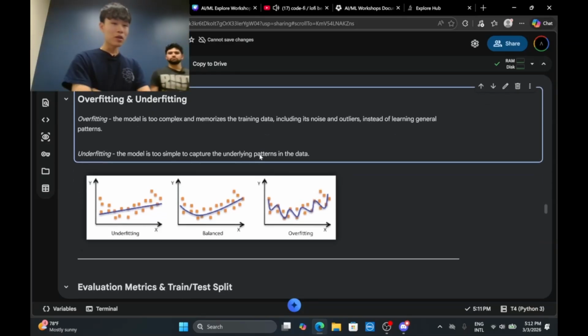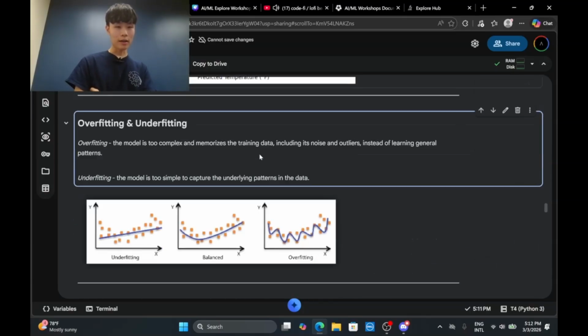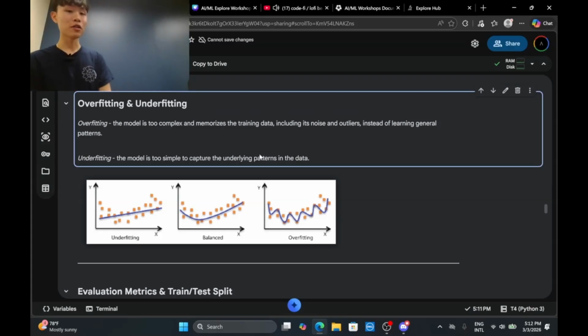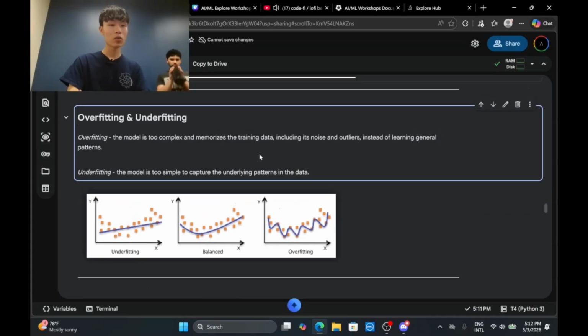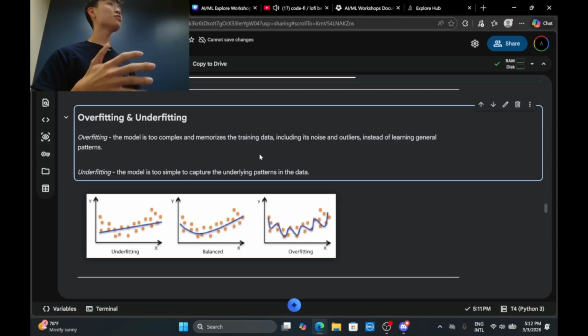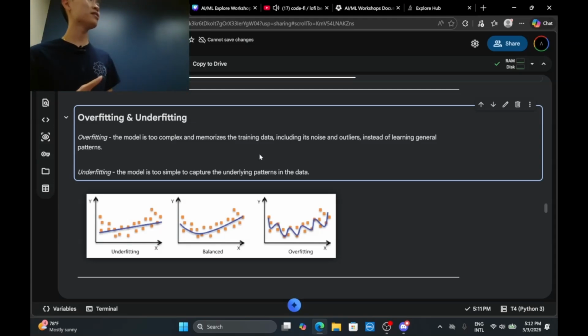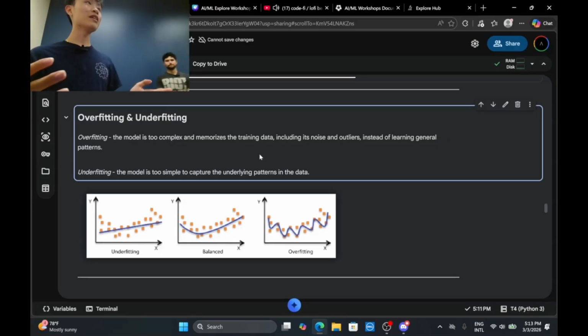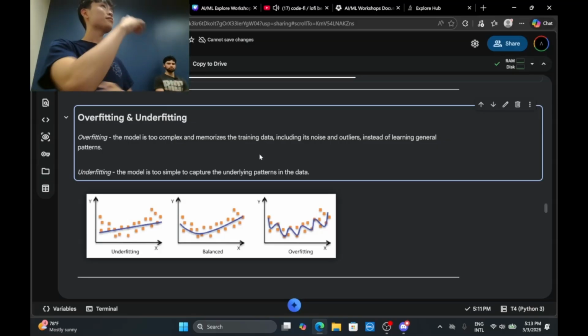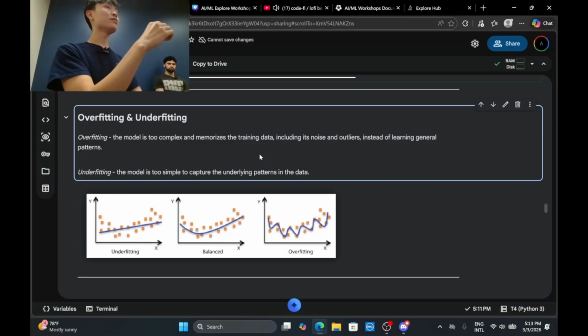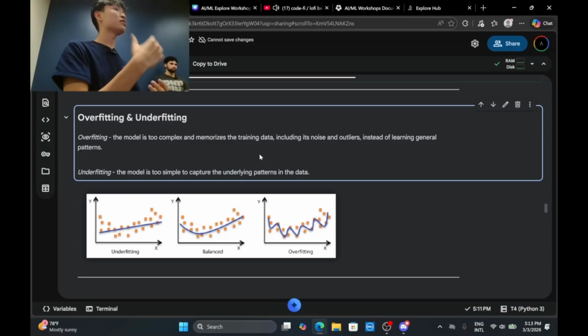So we just talked about linear regression and logistic regression. Now it's overfitting and underfitting. So what is overfitting and underfitting? Overfitting happens when the model learns the data too much, basically. It's not learning anymore. It's learning too much, that is, it actually memorizes the data rather than generalizing on the data, rather than learning from the data and then answering questions. Now it memorizes the data and answers the question.